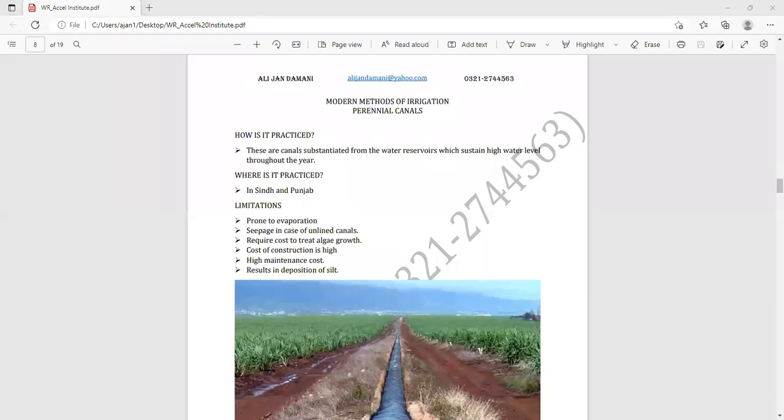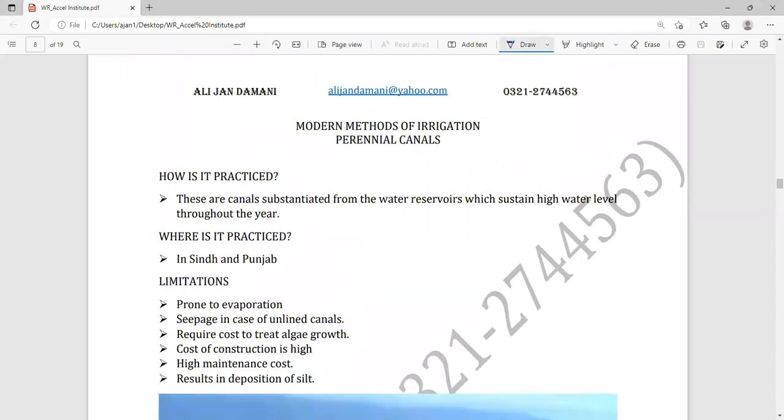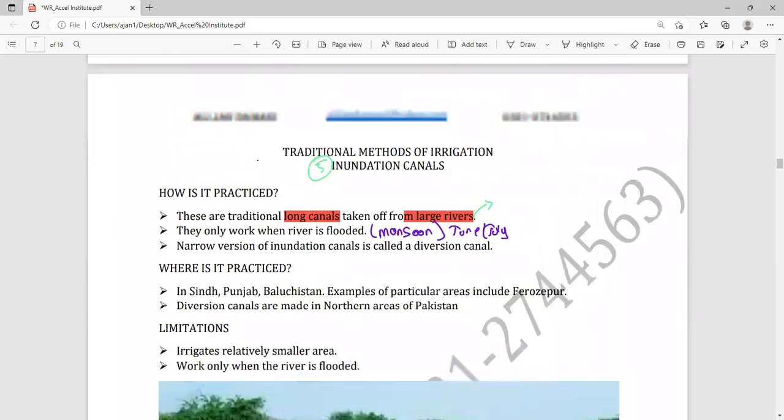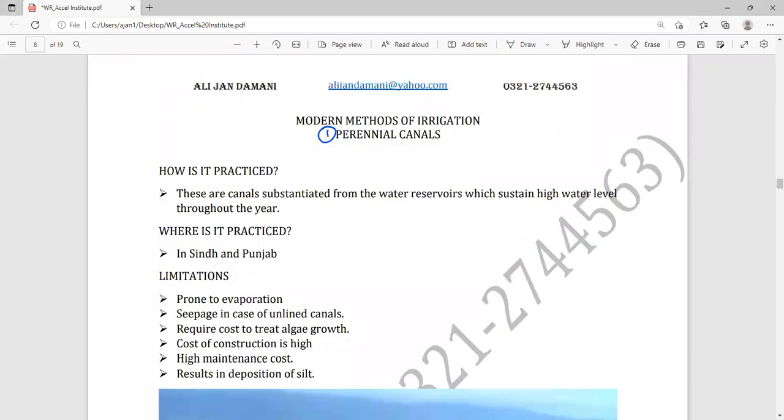Today we're going to start with modern methods of irrigation. The first modern method of irrigation that we are interested in is perennial canals, right? So basically they are the same as inundation canals, which we studied last time, right? But the only difference between inundation and perennial canals is that these canals are taken from dams, from water reservoirs,